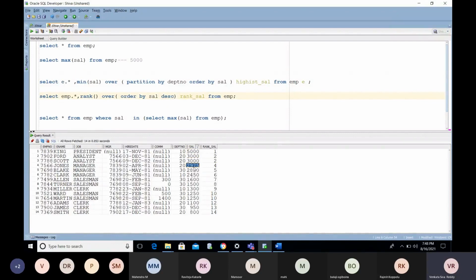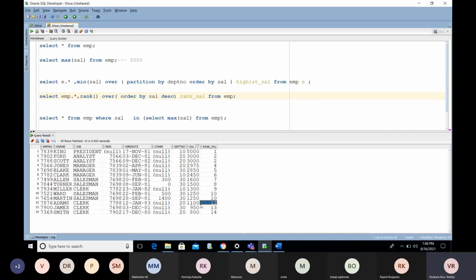But for 2975 you are missing some rank here. Observe here: 5, 6, 7, 8, 9, 10, 10. Again you are going to miss some rank here. 11 is going to be missed here, correct?